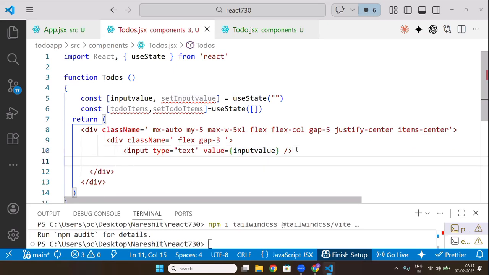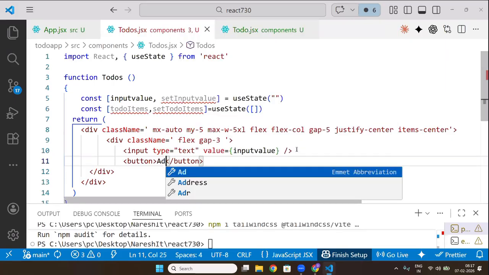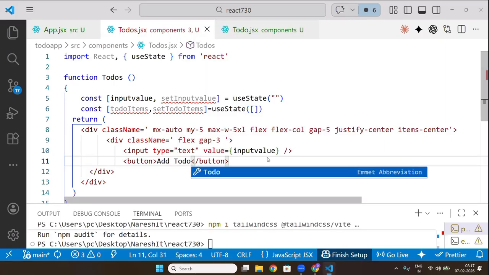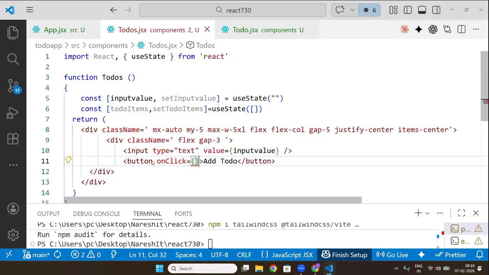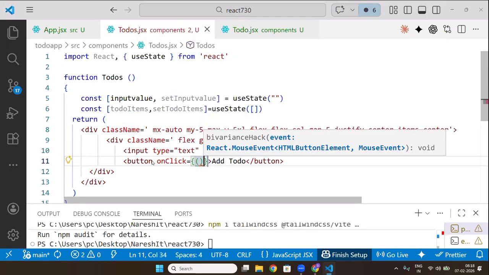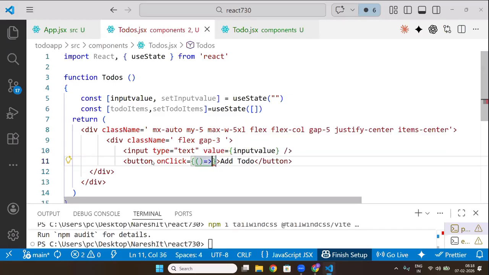I will put here one button. The button name is like add to do. I will write it here. On click, I will call one function. Inside this call function,